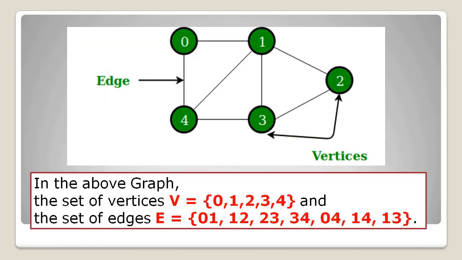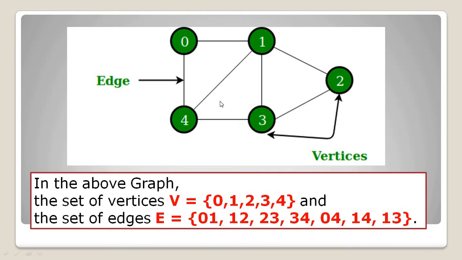So take a look at the following graph. In this example, we have some nodes, that we are going to call vertices, like consider 0, 1, 2, 3, 4. So these are the things we are going to call vertices, and to connect those vertices we have some lines, like between 2 and 3 we have one line, between 1 and 2 we have one line, between 4 and 1 we have a line, and that particular thing we are going to call edges, and the set of vertices and edges we are going to call a graph.